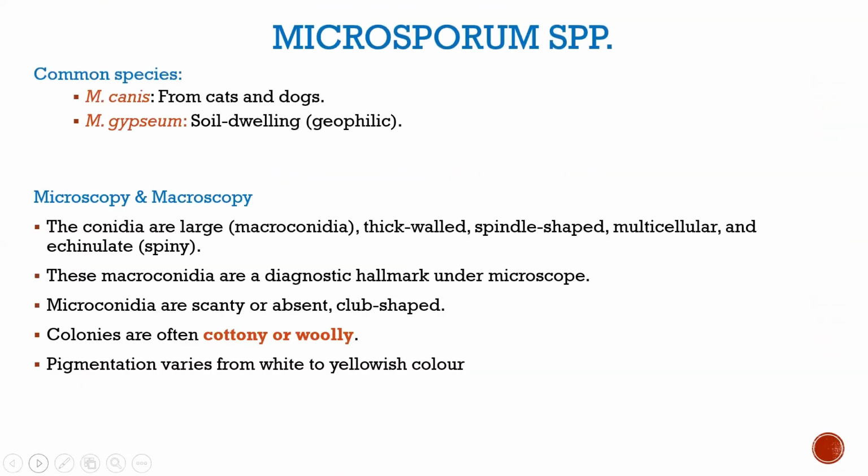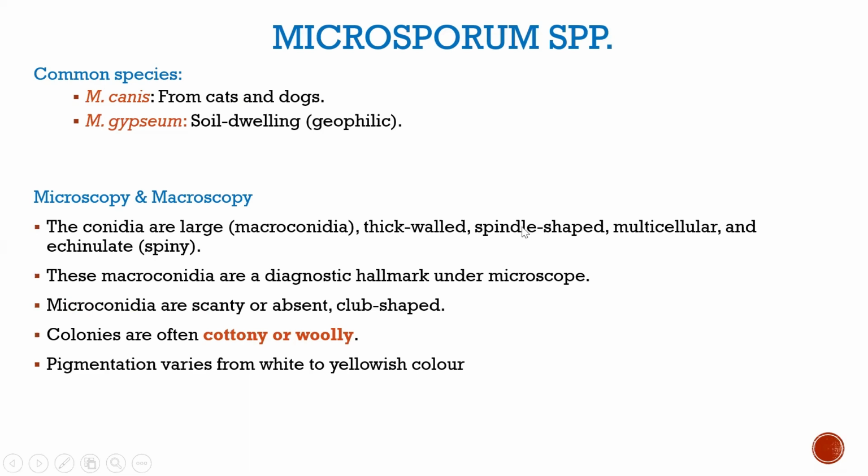Another species apart from Microsporum canis is Microsporum gypseum. It is soil dwelling and geophilic, which means it can be found in the environment, like in soil and other environmental habitats. Then for the microscopy and macroscopy, the macroconidia are large, just like we've explained. They are thick walled and they have a spindle shape,